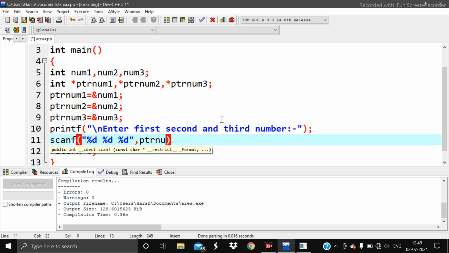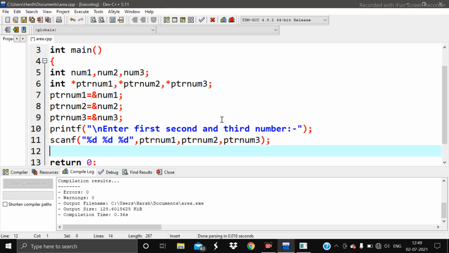So ptr num1, ptr num2, ptr num3. Okay, so now we have to use nested if else condition to analyze which one out of three numbers is bigger.